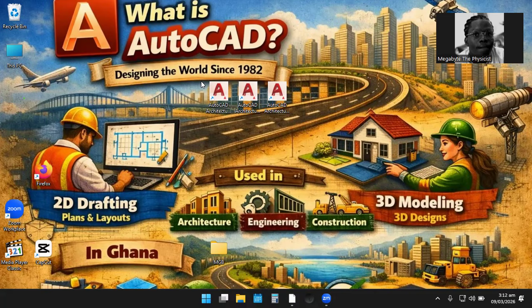Please take note that AutoCAD was created in 1982 by John Walker, an American programmer and co-founder of Autodesk. He led a team of developers who built the software to make computer-aided design, that is CAD, more accessible to architects, engineers, and designers worldwide.